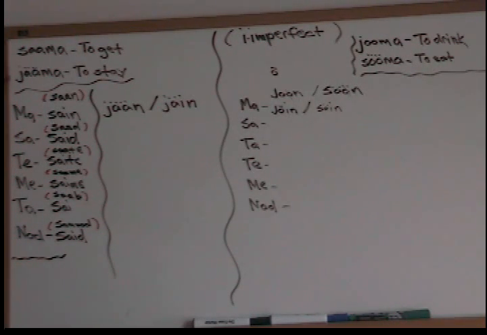Now today, this is what we have here. These two words: sama and jääma. Sama, to get, and jääma, to stay. And as usual, we have our personal pronouns: ma, I; sa, you, singular; ta, he or she; me, we; te, you, plural; nad, they. So let's take this sain here, which I've already written.